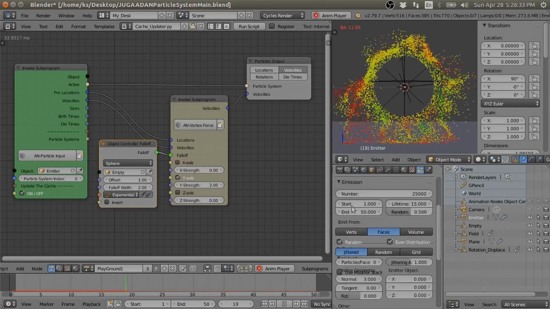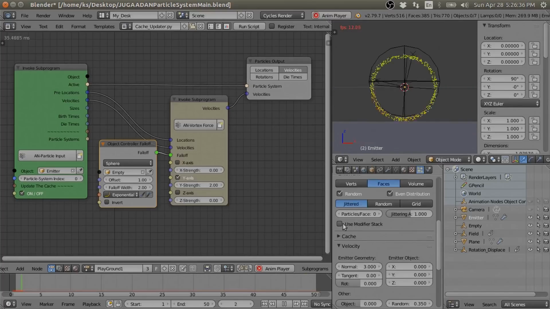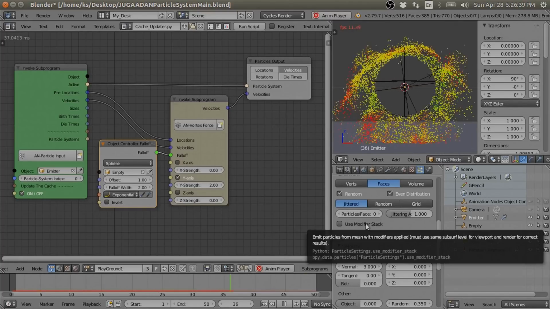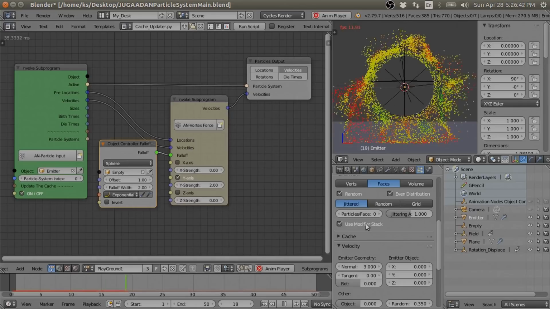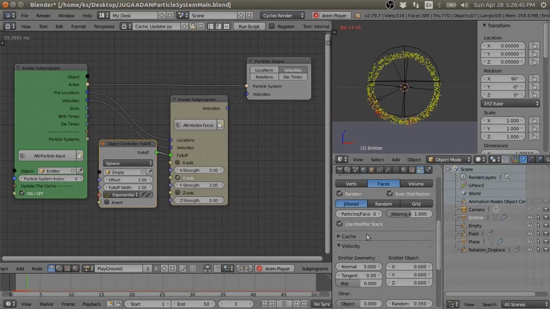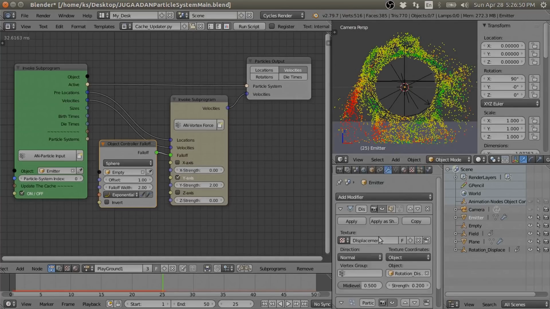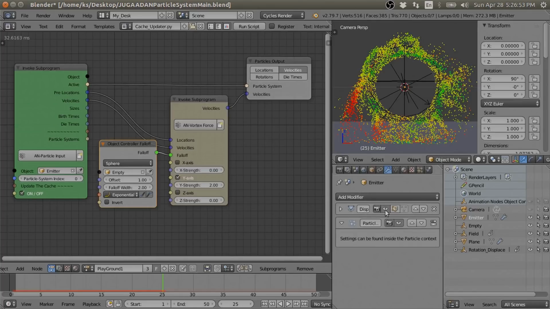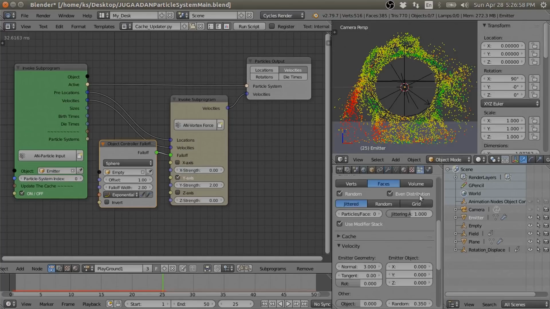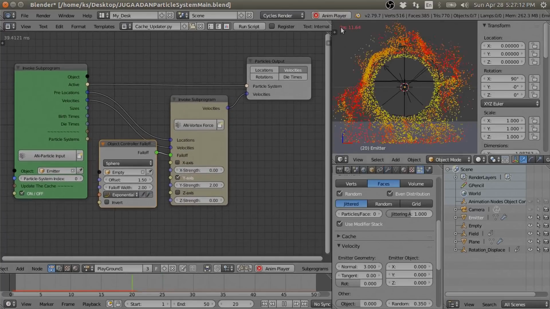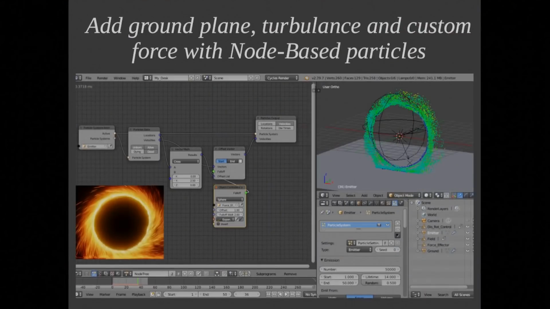Okay, sorry, I forgot to enable this use modifier stack option. So enable this option, only then this particle system is going to consider the modifiers which are above this particle modifier. It looks nice. So our next step is, so this particle gives us this streak effect, this fiery look, and